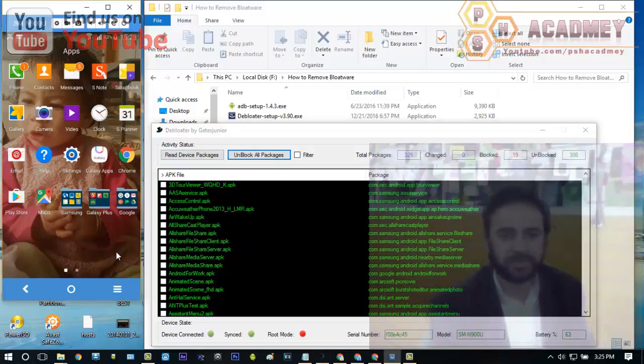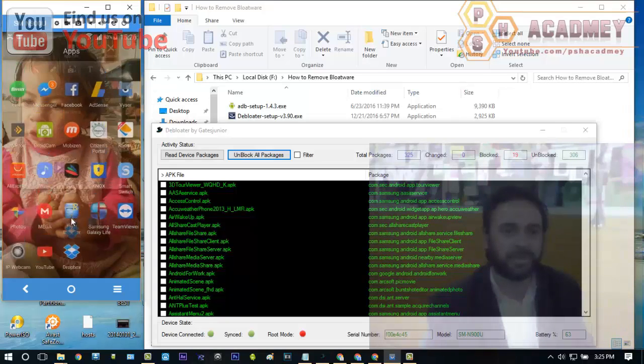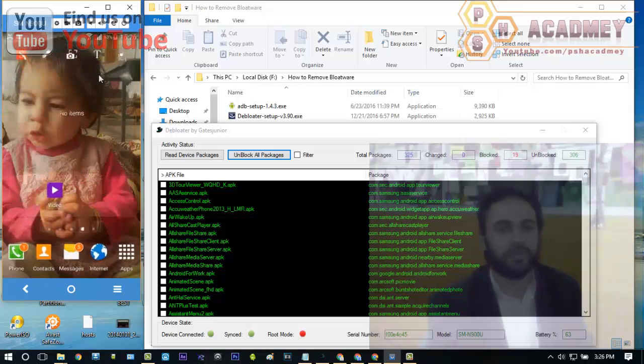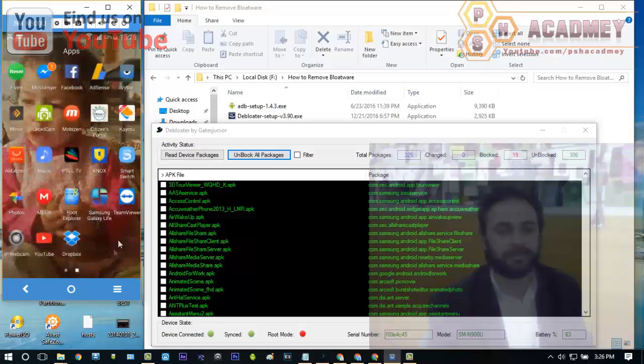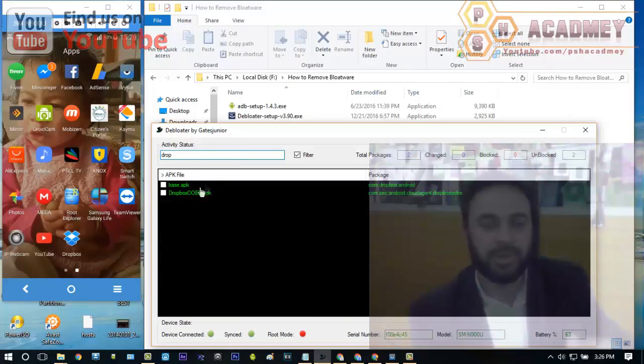Now I am going to uninstall a pre-installed app from my Android phone. I search for the app I want to uninstall. I'm going to uninstall this Dropbox app. I drag it, and you can see we cannot directly uninstall, disable or hide it from our Android phone. So what we do is click on this filter option, and here I search for Dropbox, and you can see these two APK files.